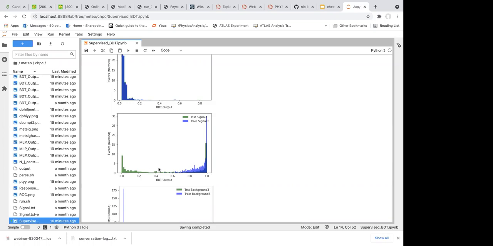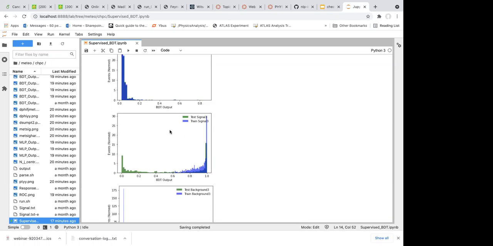Then you can see here that all of the blue color is on the right side, and half of the green color is on the left side. That means in your training sample, you can categorize 100% of your signal as signal, but in another random data set, you will label half of your signal as background. So this is totally inconsistent.